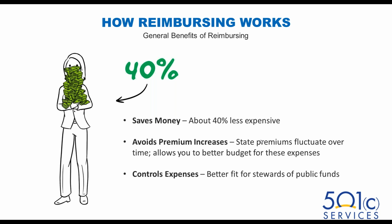Also, with reimbursing, you're avoiding if a state goes insolvent and suddenly you have extra premiums to pay, or the unexpected changes in state laws. You get to avoid that because you have control over those